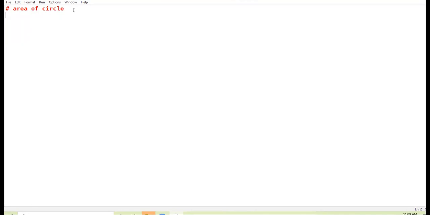So pi r square. Now in your keyboard, there is no symbol like pi. There is no key having the value of pi. So in order to use the value of pi in programming, you can directly initialize the variable with the value 3.142.